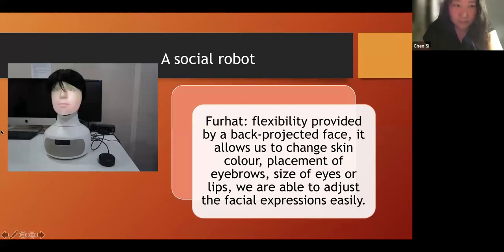They either have faces that are very hard to change, because usually in this area people would use motors to mimic the movement of the muscles, but we have so many muscles that probably cannot be easily mimicked by motors. So the movement of the face usually does not look very natural, and all these robots are quite expensive.